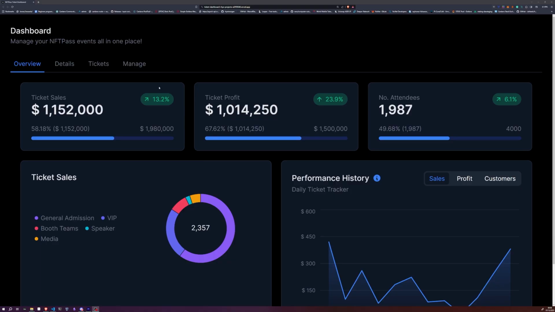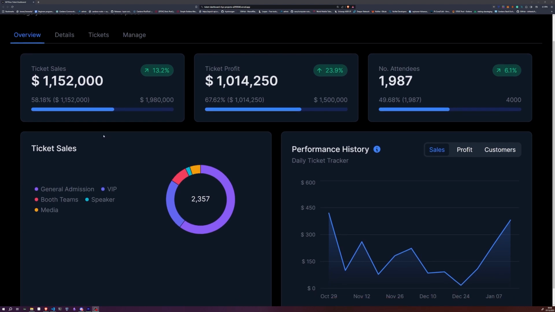All right, guys, so this is a quick demo for one of our Fund 11 proposals for NFTPass, which is an NFT ticketing solution dashboard, an event management dashboard. And if you have a little look here, this is just a prototype, so it's not particularly sexy, but